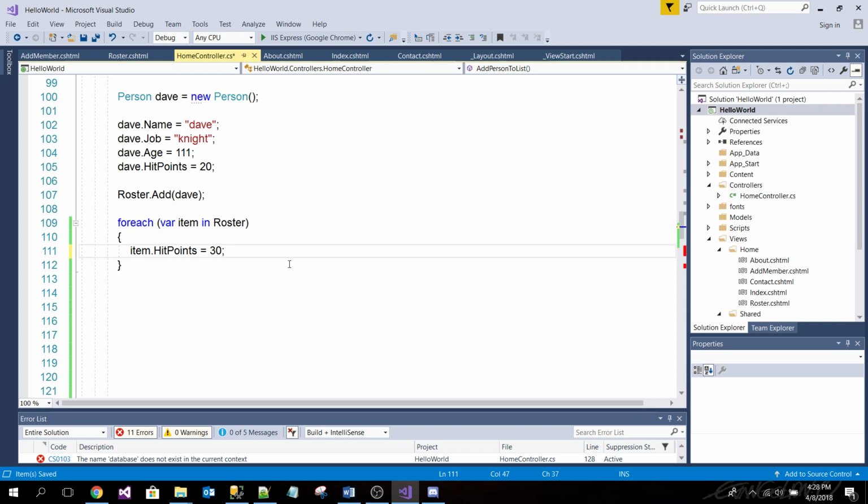That's why it does so much in so little code that it gets a little confusing. So this is for each, and for each item in here, this whole construct is extremely powerful, because whatever's in here, you're going to do to every item in the roster.